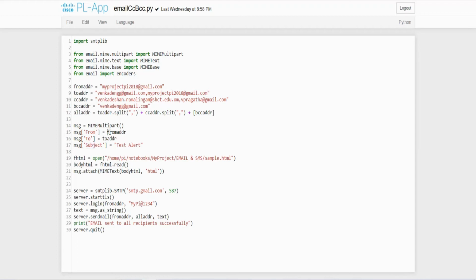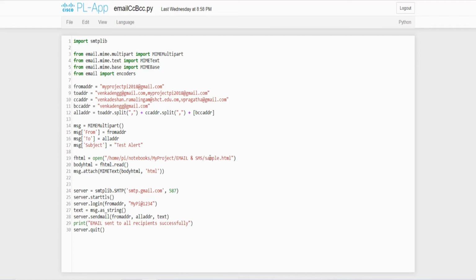From address, which we have initialized here, and to address is going to be here, followed by the subject. Here instead of to address you can also give all address. So the message will go to all the addresses which you have mentioned in to address, CC address and BCC address. And the subject is just a test alert.